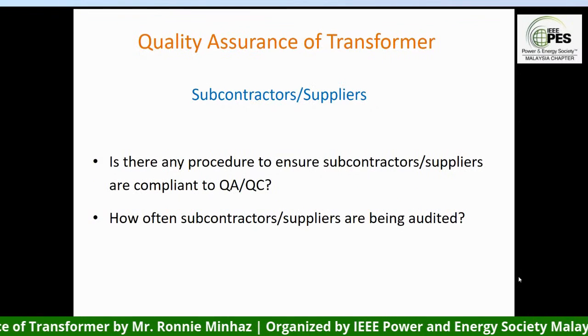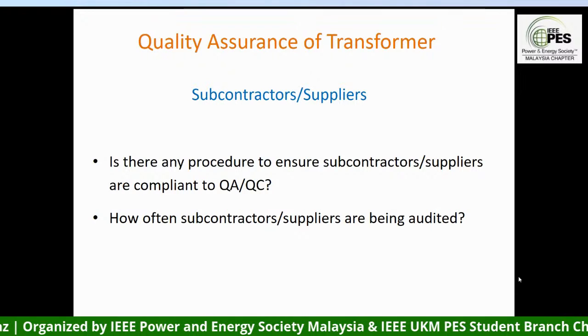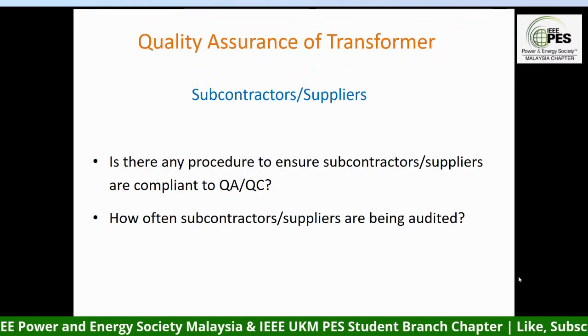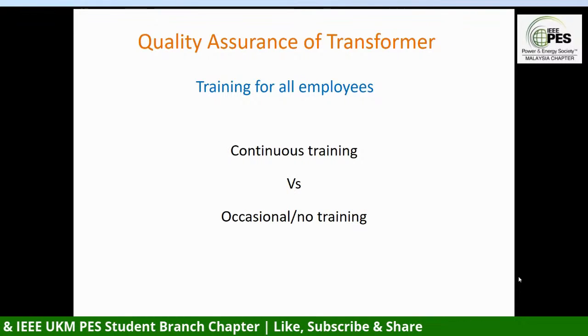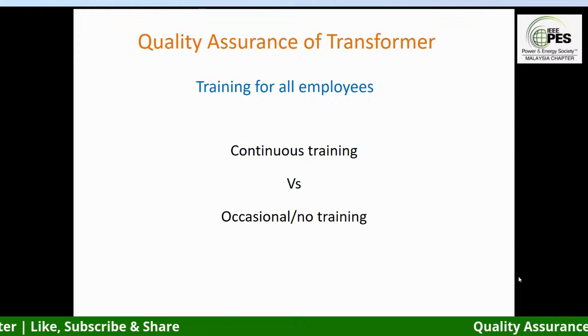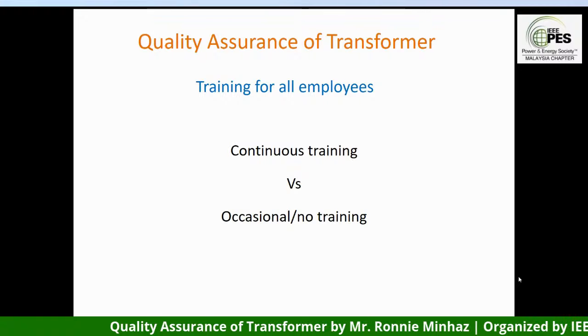Not only that, when they use subcontractors and suppliers, what kind of QAQC process do they have in place for the supplier and subcontractor? You also have to look into what kind of training process they have. Do they have a continuous training process, an occasional training process, or no training process? Not only that, when they have a training process, are they doing the training only for a specific task, or